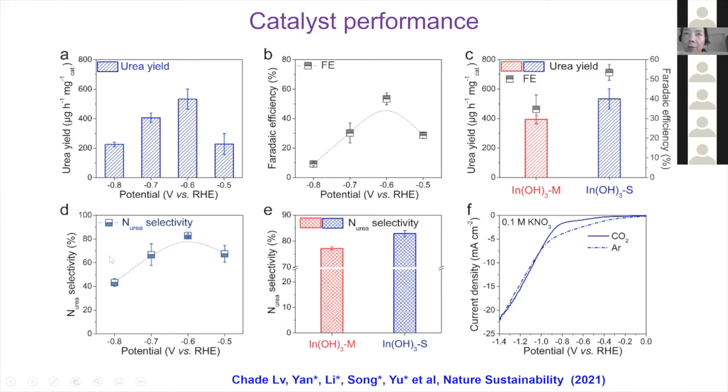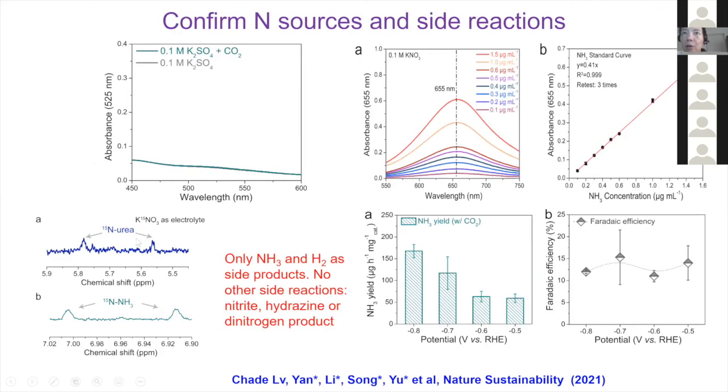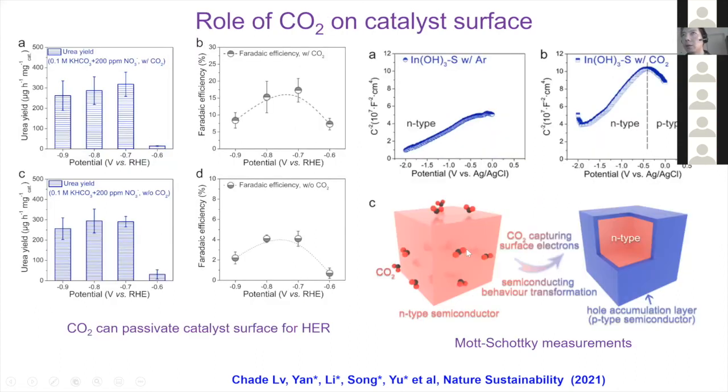We confirmed the reaction nitrogen source by the isotope process. We also confirmed the carbon source. And later on, we found one interesting thing: to enhance urea synthesis, to inhibit the so-called surface hydrogen evolution reaction, we find that this indium hydroxide catalyst is intrinsically an n-type